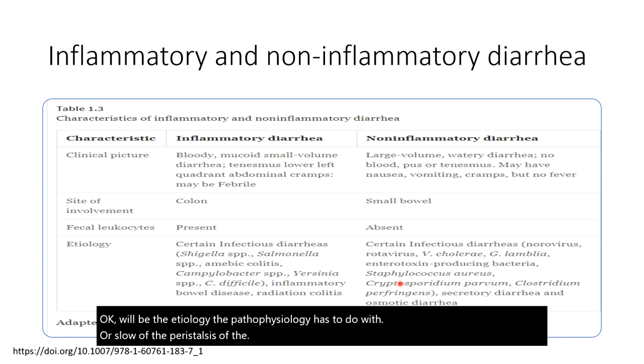Non-inflammatory diarrhea has large volumes of water, watery diarrhea, no blood, no pus, no tenesmus. But we can have vomiting, we can have cramps, no fever, we can have nausea. The site of involvement is the small intestine. No leukocytes. Usually Vibrio cholerae, because toxins are acting. Rotavirus, norovirus, Giardia lamblia, Staphylococcus food poisoning, or Cryptosporidium parvum,